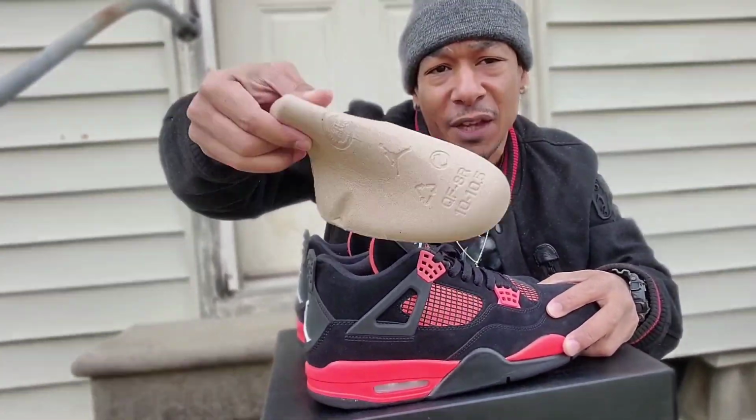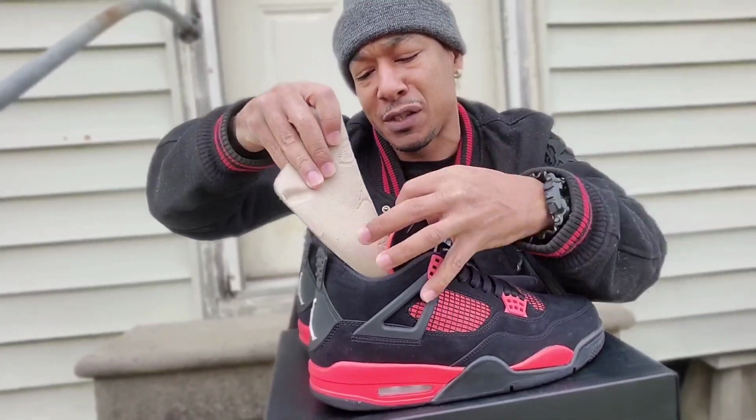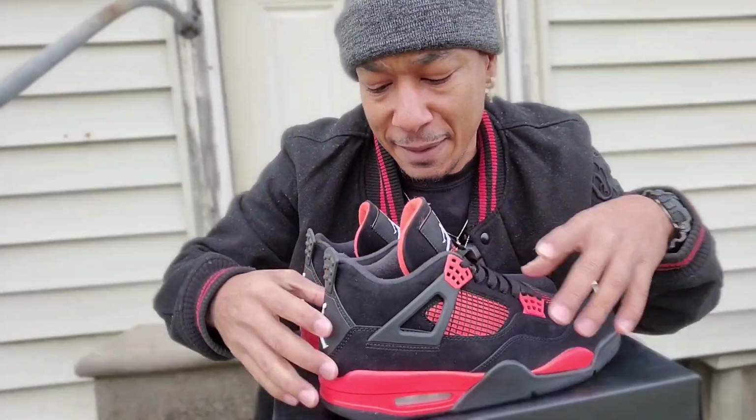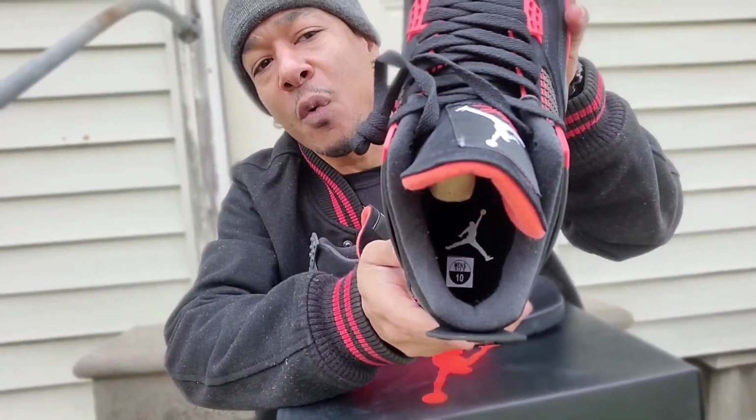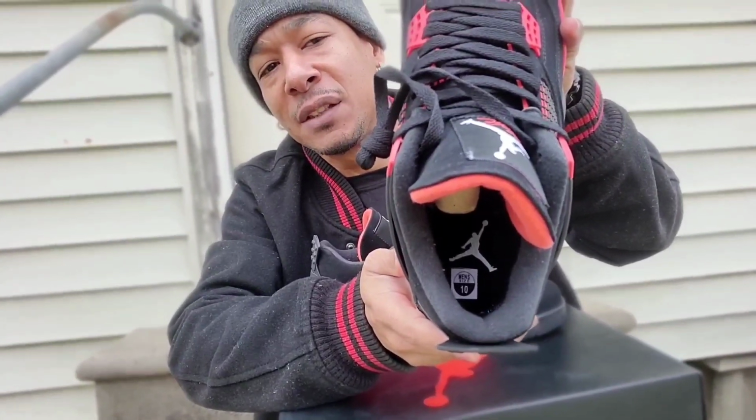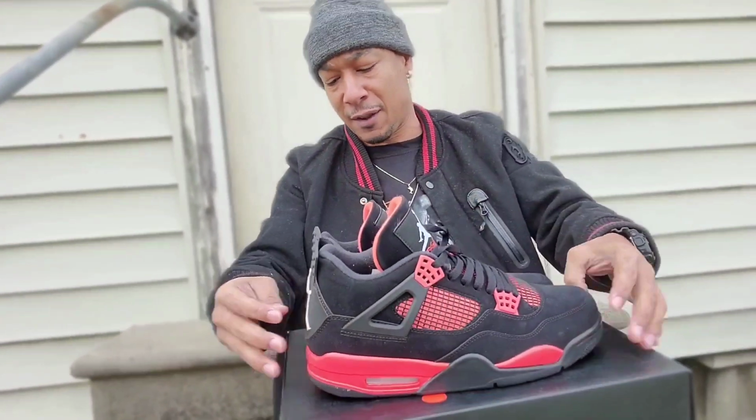They come with the cardboard inserts and stuff. In the inside, let me see if you want to see the inside. They got a white Jumpman, got the sticker and stuff. This right here